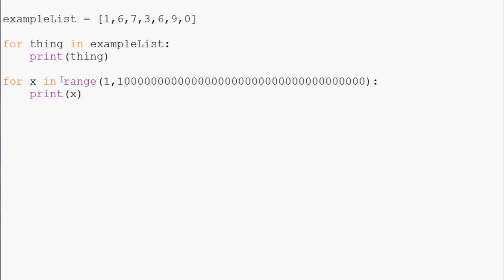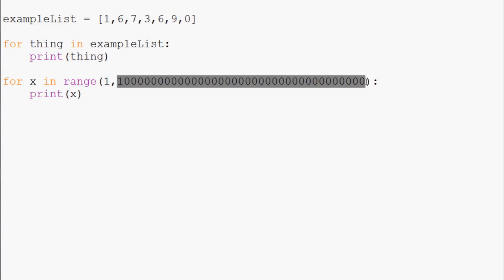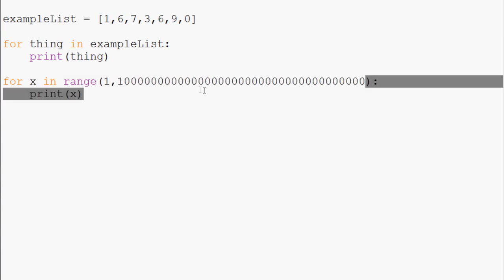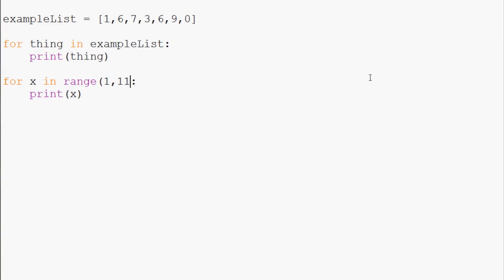Now in the old days, without range being a generator, this generation of 1 to, I don't even know what number this is, would normally have created a gigantic list that was stored in your memory, and even if you had 64-bit Python, I've got 32 gigs of RAM, I would estimate that this probably would have blown out even my RAM. So anyway, that's the idea of a generator function as well, but maybe more on those later. So let's return back to the range being more like 11,